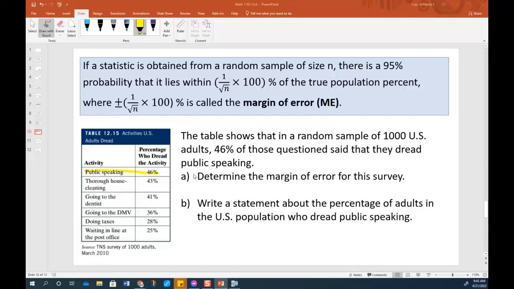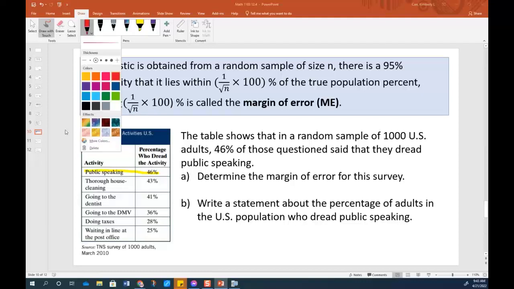First of all, on part A, we didn't need to particularly focus in on that line because it just says determine the margin of error for the survey. And the margin of error would be the same no matter which category we're looking at. We have a formula for that margin of error. So I know that it is 1 over the square root of n times 100, and we're going to put plus or minus with it. And we're going to say then that the margin of error